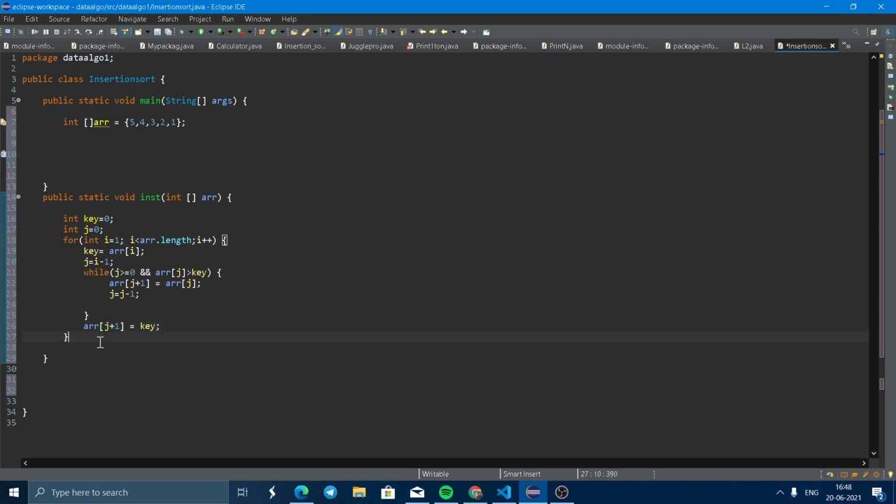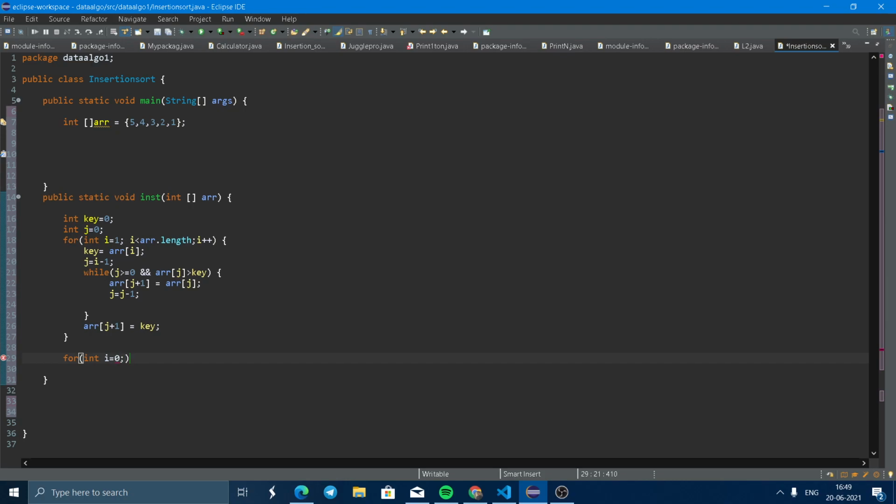Now you can use a for loop to show this sorted array. i equal to 0. Now i will start from 0 because we have to show all the elements of the array.